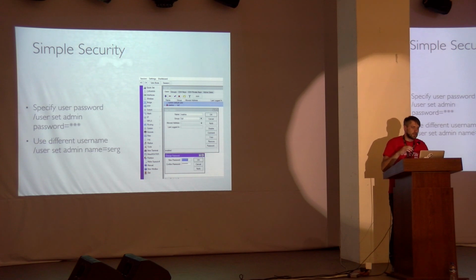So the first and the most obvious one is to set a password for your router, but the second, which might not be so obvious, is that we suggest to change the default login to your router to at least your name or maybe a different name. Because if you have a router that is open to the public, usually attackers or brute force persons will try to access the router by the standard username.